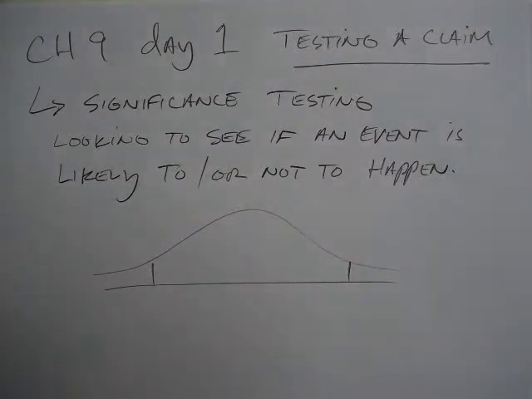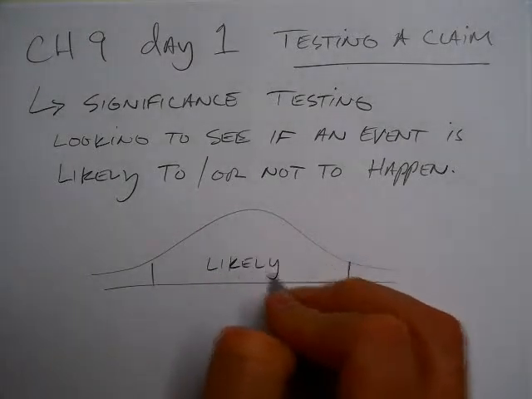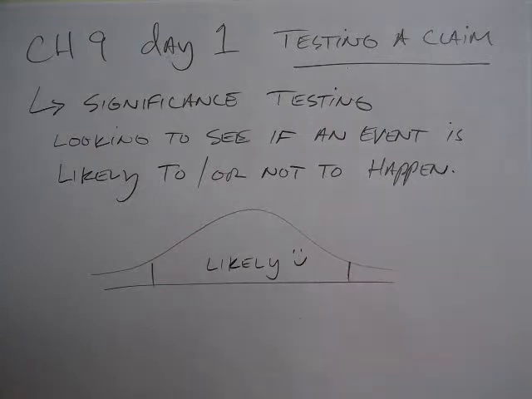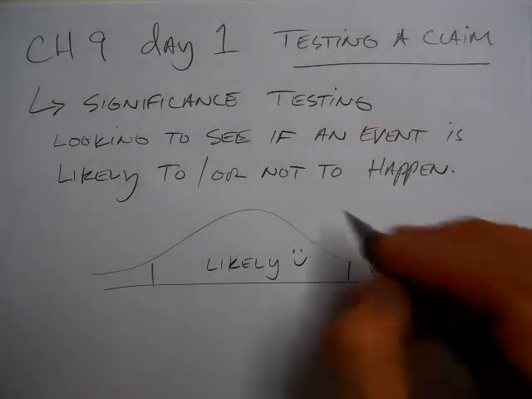So we've dealt with confidence intervals. It's very similar to that. Anything inside here is likely. I should probably put a frowny face here because my example is going to be winning the lottery. So it's actually likely that I'm not going to win the lottery, right? And then maybe that's a happy thing. I don't know. I've never won, so